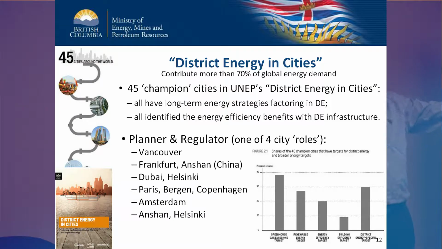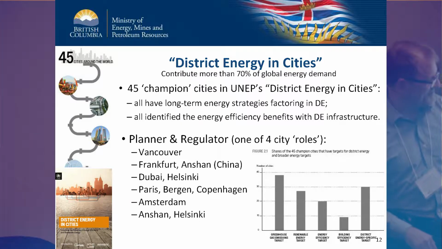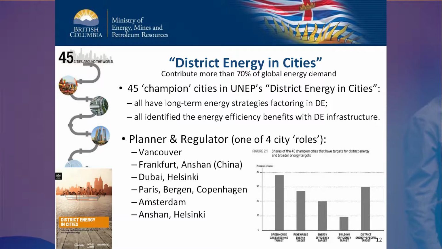this document. They look at the role of cities in four different categories. Those categories are, find them here, planner and regulator, facilitator, provider and consumer, and coordinator and advocate. Just focusing on planner and regulator, you can see, and I apologize, unfortunately this is small. So what this basically says is there's a number of targets that all of those 45 champion cities have done